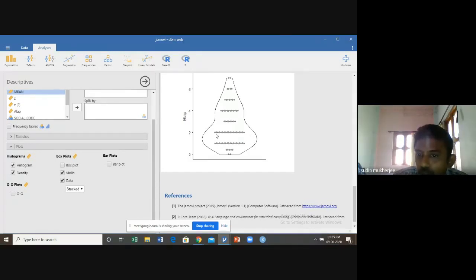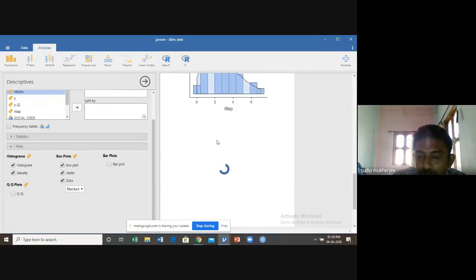The width is more because the concentration of data is more. So before lockdown, the majority were using computers more or less 1 hour or 2 hours. Very few were using computers 4 hours and more. So these are the concentrations of data.